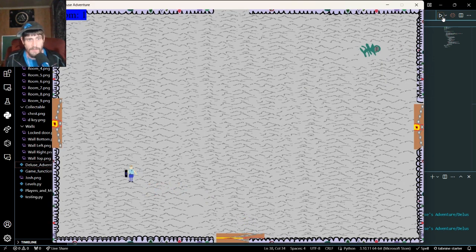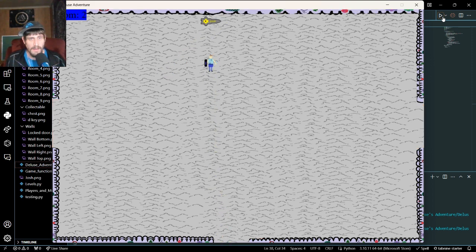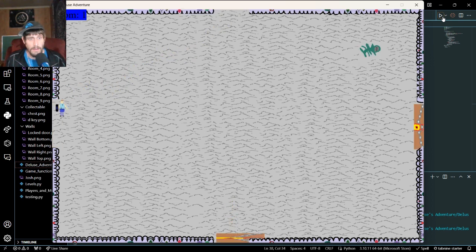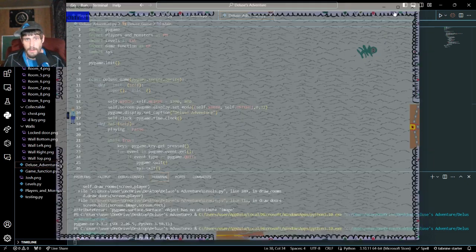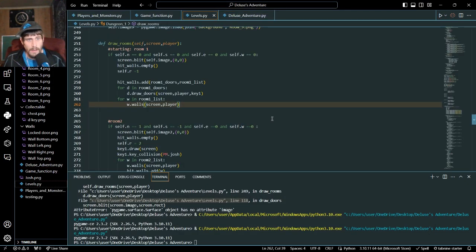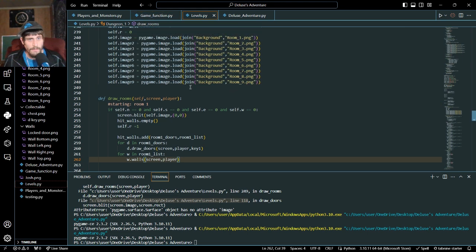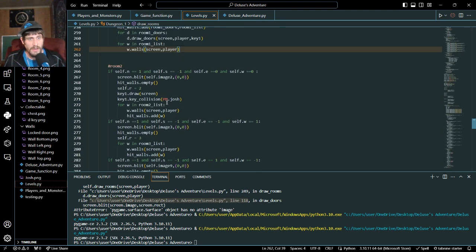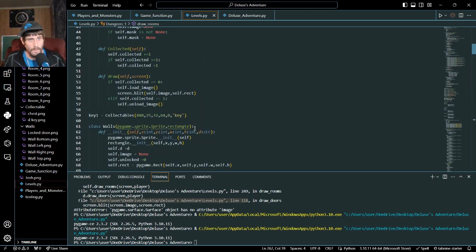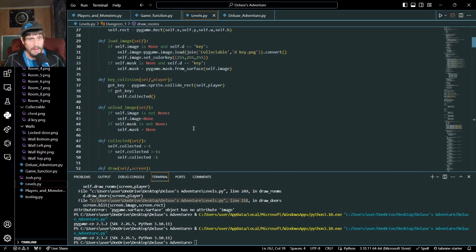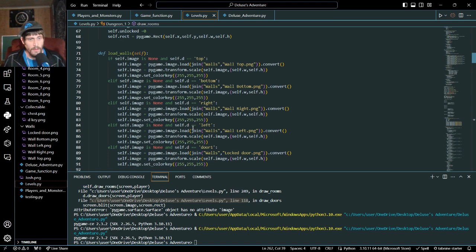Okay, so we still have collision. Now let's go collect our key. So we got our key. And there we go. It unlocked our door, but it did not remove the collision. So under our door collision, collected, no, our door,